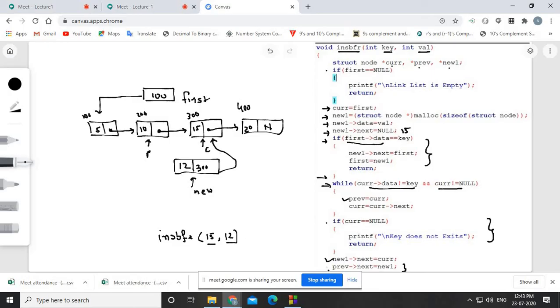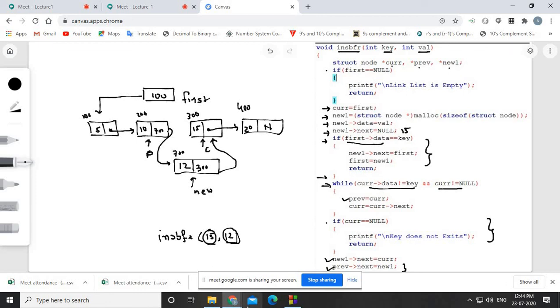and then what you have written is previous point to next is equal to new one. So where is previous? It is here, right? So previous point to next means you are just erasing this, so obviously the link will be broken. And suppose the new node is created on address, suppose, 700, right? So here in the next part of the previous node we are putting 700, right? So the link will be established like this. You know, here 12 is inserted, 12 is inserted before 15.